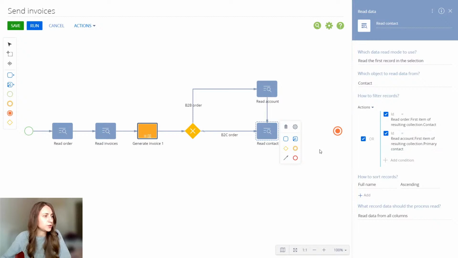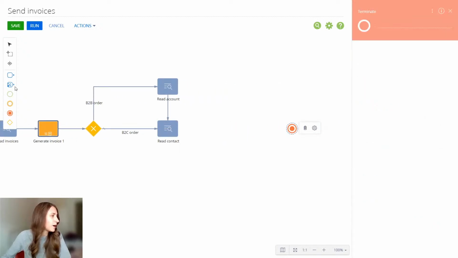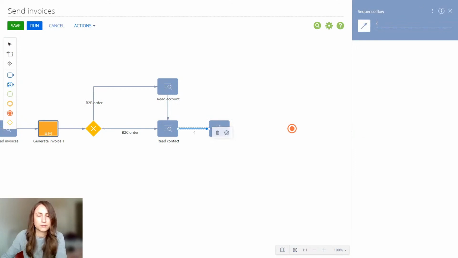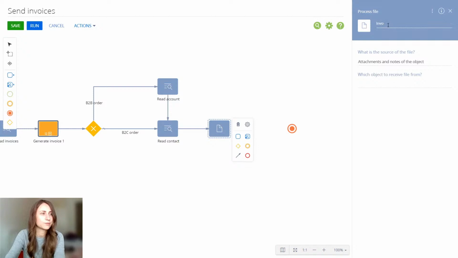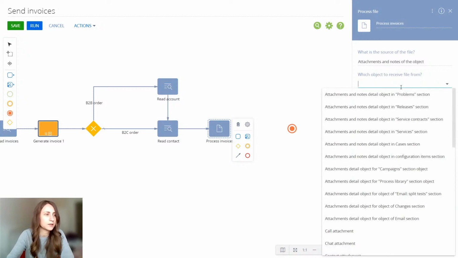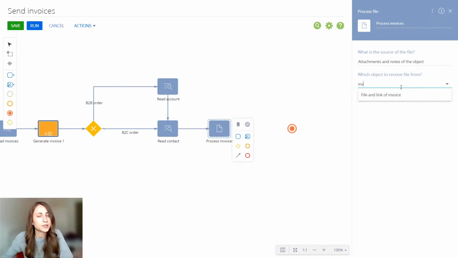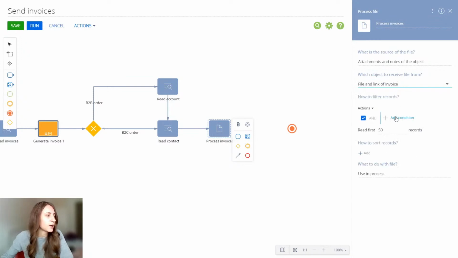So next, what I'm going to do is bring in those files. Again, I can have multiple files. So what I'm going to do here is gather all the invoices. Oh, again, I'm typing in the flow. This is not what I'm trying to do. Process invoices. Attachments and notes of the objects, and this is going to be my file and link of the invoice. That's where my invoices are stored, and here I want the